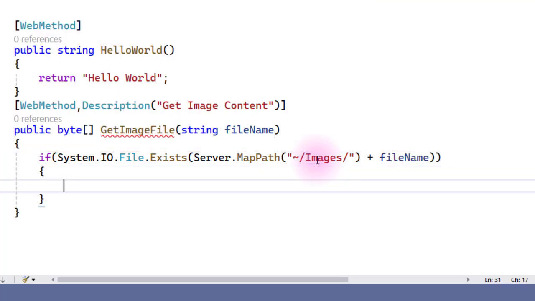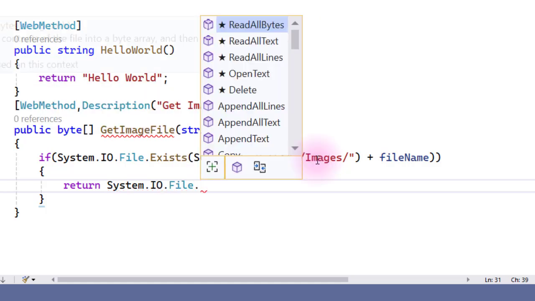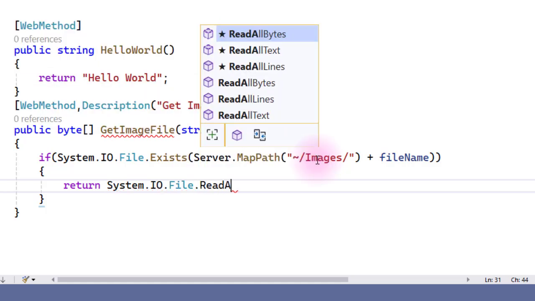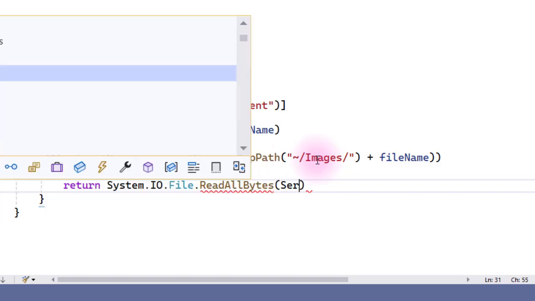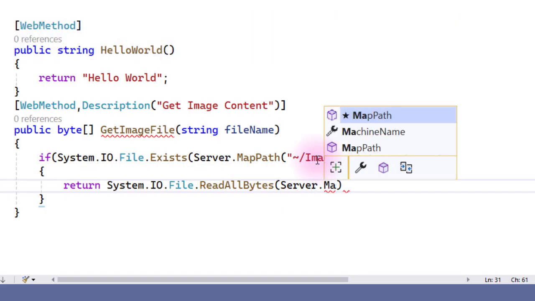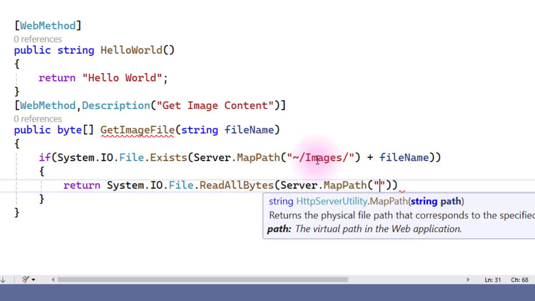If the file exists then only we return the file, we download the file. So just return again System.IO.File.ReadAllBytes, and the parameter of this ReadAllBytes is Server.MapPath, same thing we write here again, tilde sign slash images slash and the file name.